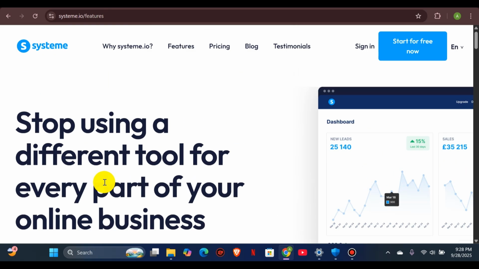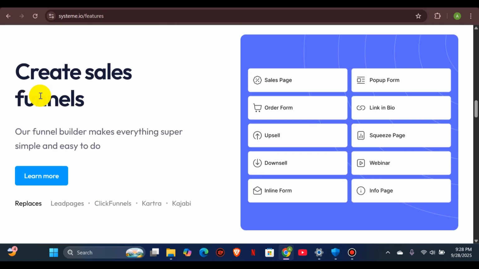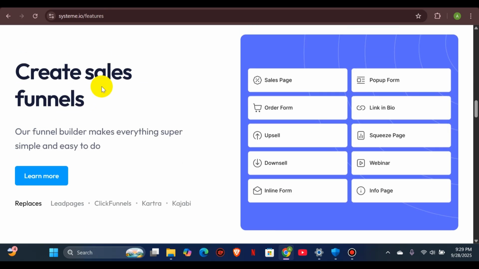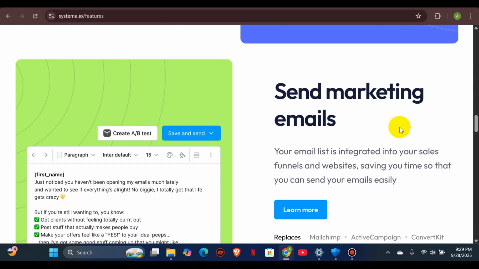What I'm going to take you through here first is how you can create a sales funnel for yourself, with a builder that makes everything super simple for you. And also, I'm going to show you the sending of marketing emails. So assuming you have plenty of emails, with the help of your sales funnel, you'll be having thousands of emails, people who will be subscribing to your offers. You'll be gathering their emails on this particular website. So whenever you want to send emails or promote your offer, your digital products, or your ad network, you can reach out to them with a marketing email strategy.